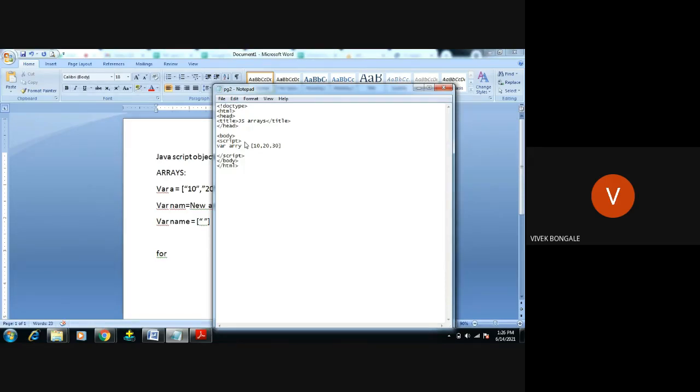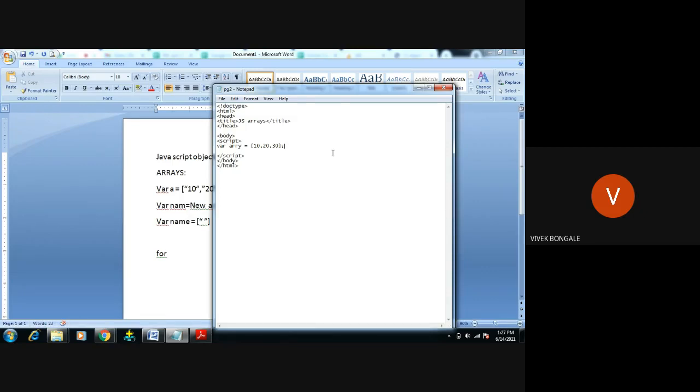I'm using the shortcut method. We can also use the formal definition, that is, we can use new. But I'm using the shortcut method here, so we have declared some values in the array.